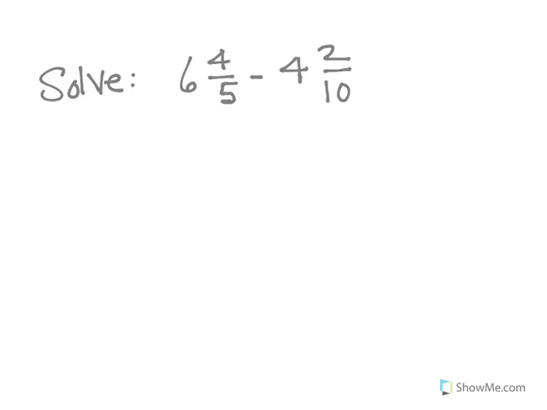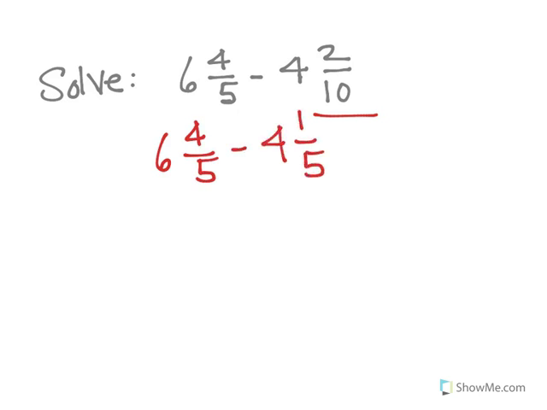Next one is fractions, so we're subtracting here, and we have to make sure that we have the same denominator when we're doing fractions like this. If you look at this one closely, you can see that this fraction, when reduced, is 1/5. So we would be able to rewrite this,